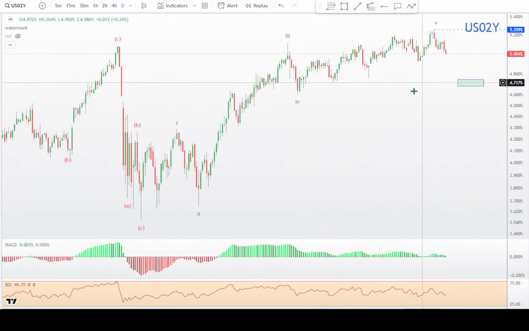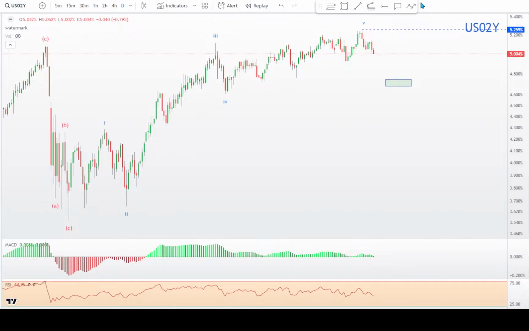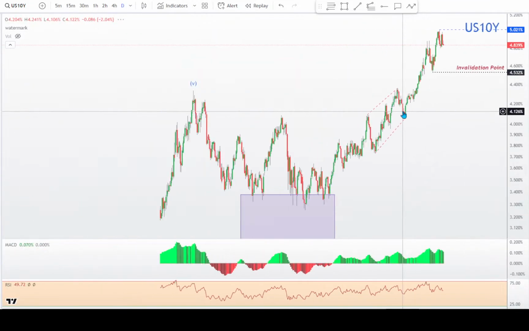I think it's either this is 5 waves, and I would expect them to have a big pullback down to here, to like 4.7, and then one more up, or they've got to go one more up right now, complete this leading diagonal, and then have a big pullback, but still go up one more time. So I still see more up on the 2-year. Now, when we look at the 10-year,